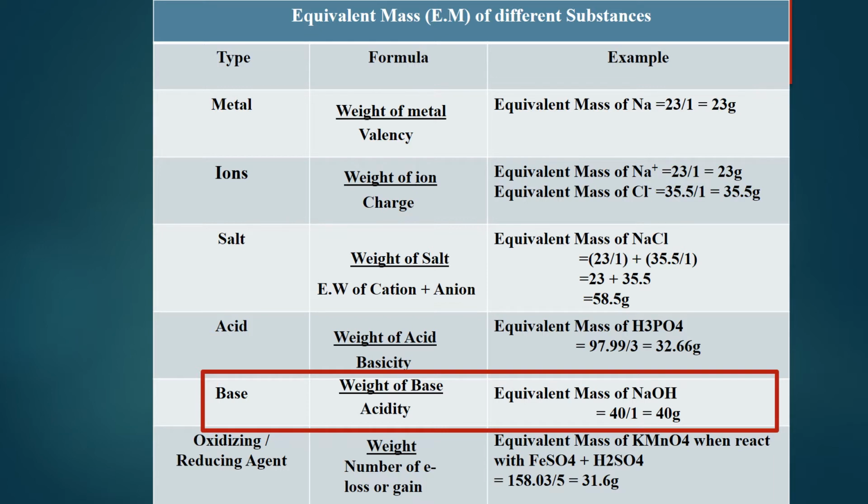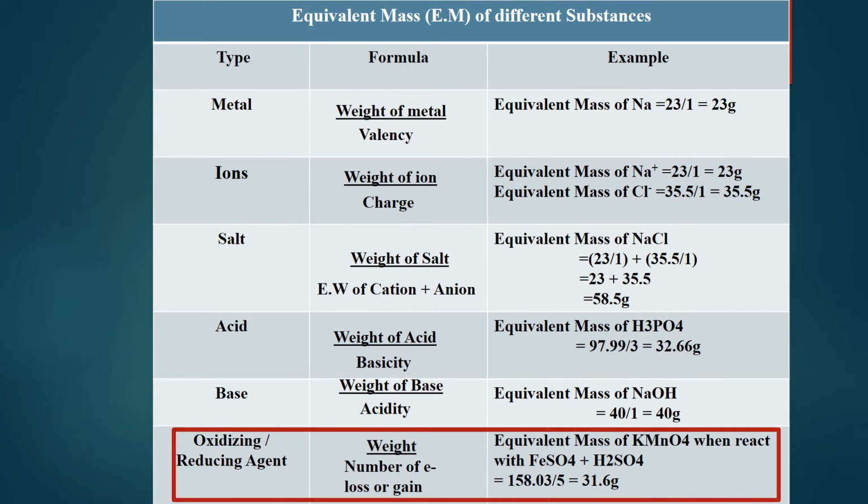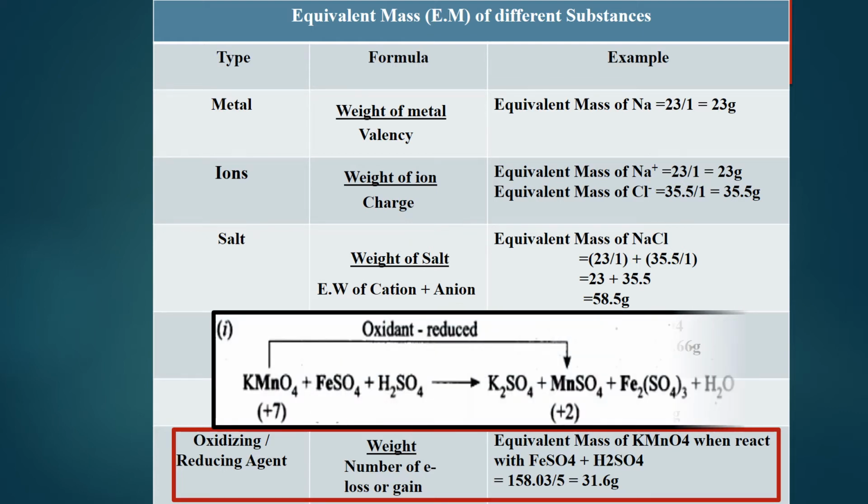For finding equivalent mass of oxidizing and reducing agents, firstly find out molecular weight of compound, and divide it by number of electrons lost or gained. For finding number of electrons lost or gained, write the balanced chemical reaction involving oxidation or reduction. Find out the oxidation state of oxidizing or reducing agent in both reactant and product, and find out the difference